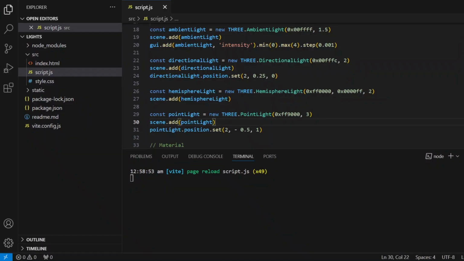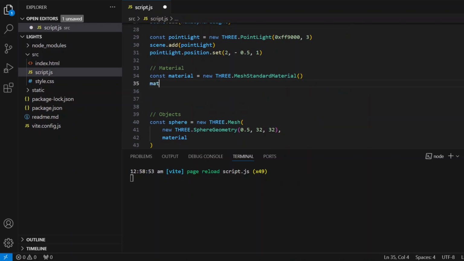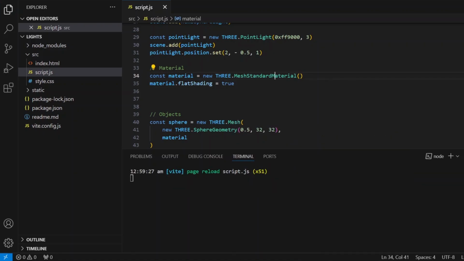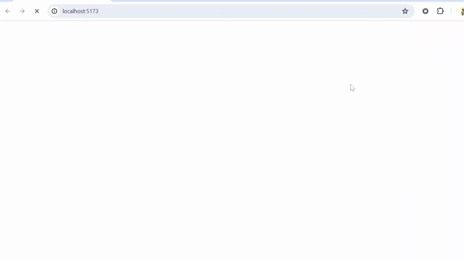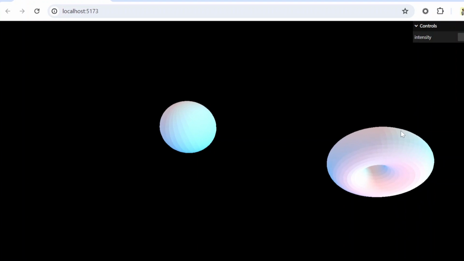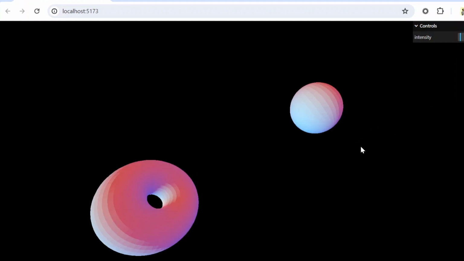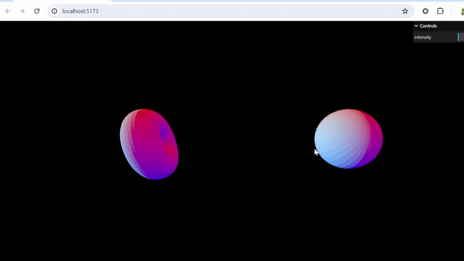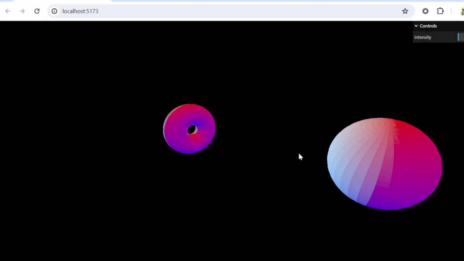Now let's add a few more properties. Since we have mesh standard material, we can add flat shading. So material.flatShading equals true. I'm just saving it and going to the output. Now you see the flat shading is applied. Now let's decrease the intensity. The flat shading is more prominent, more visible now. This way we can add different lights with different colors to look more elegant and interesting for